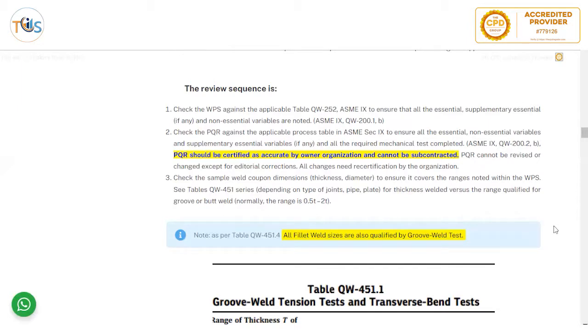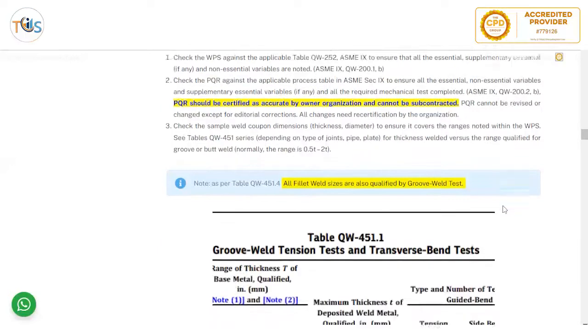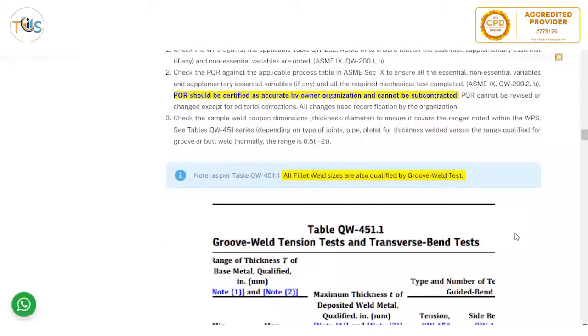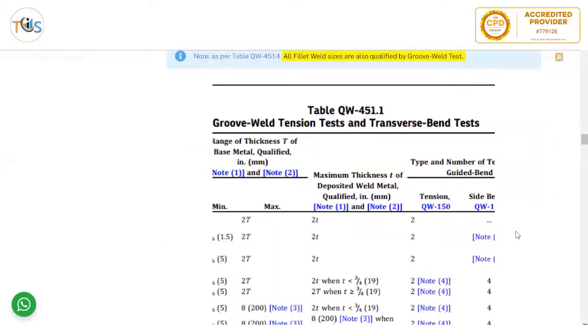Check the sample weld coupon dimension, thickness, and diameter to ensure it covers the range noted within the WPS. For this, you need to see QW-451. This is the most important table for the API exams, and you see that the type of joints, pipe, plate, and the thickness, especially under the diameter, is actually qualifying, and the type of joint, like a butt weld or groove weld, actually qualifies the WPS. So we brought part of this